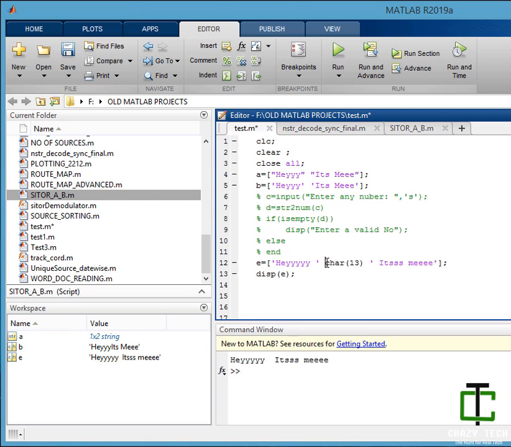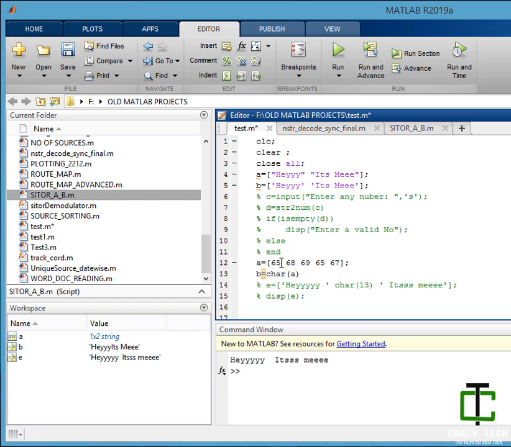Before that, let me tell you something about char. In the previous video I showed you char is used to convert strings to a character array, but char also has an extra utility. Let's say I am initializing an array of integers, 65, 68, and b is equal to char of a. Every character has an ASCII value.